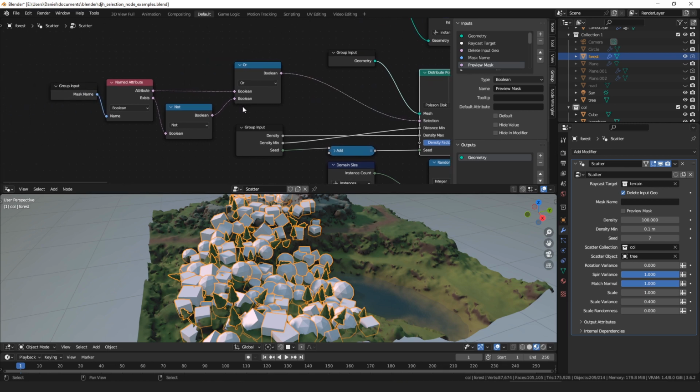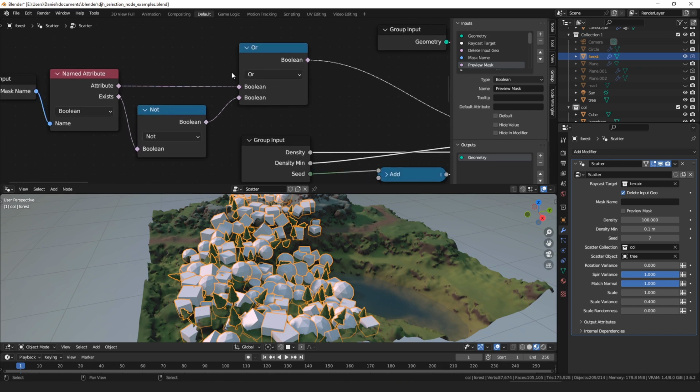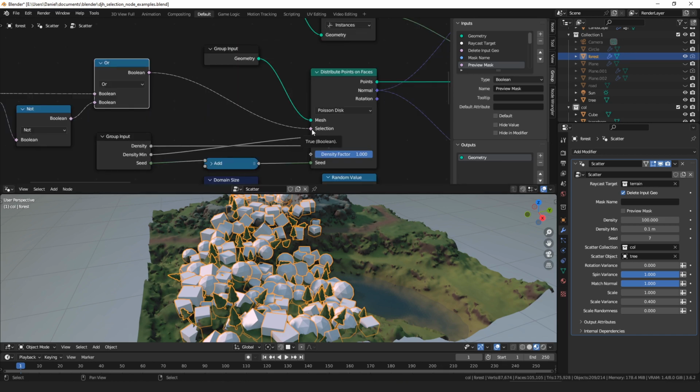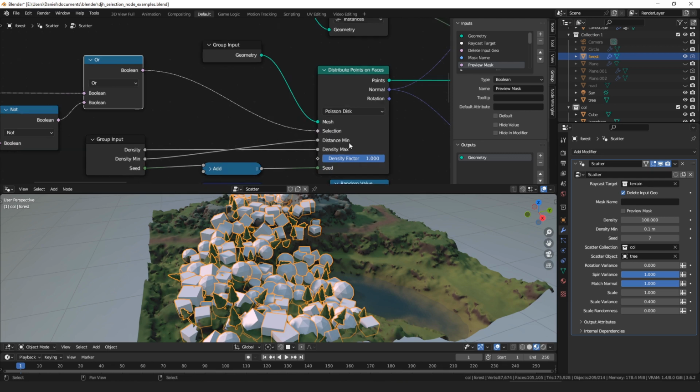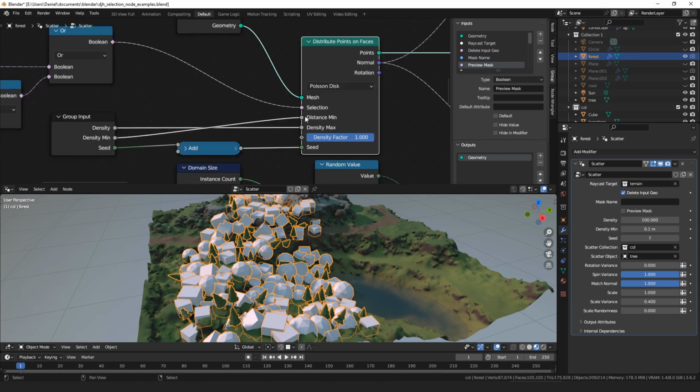But there's a catch, because if the attribute doesn't exist, by default it will be false everywhere. So we want to use the attribute if it exists, or if it does not exist, we just want it to be true everywhere. That optionally allows us to use only a portion of the mesh to scatter points on. Then other than that, it's just these sockets come straight from the distribute points on faces node to our settings